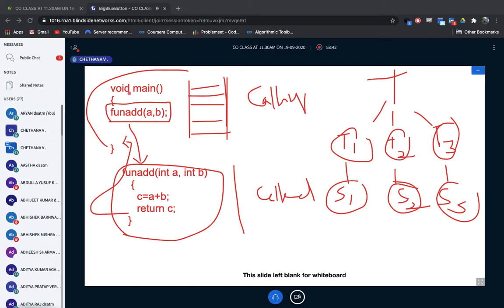Your program counter will have the starting address. Void main is your first instruction, so the PC will have the void main line address, then the next line, like that. After this, I'm going to have a subroutine call. I'll go to this particular line address and execute this line. After this, I should go back to this location. How can I come to know this is the address where you are supposed to return back? I hope you are clear.